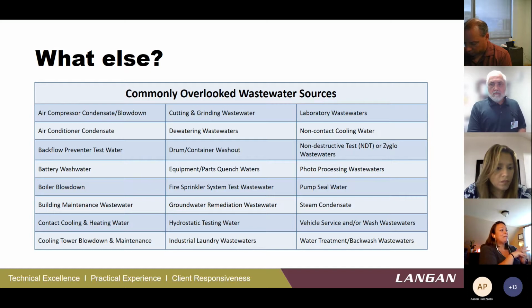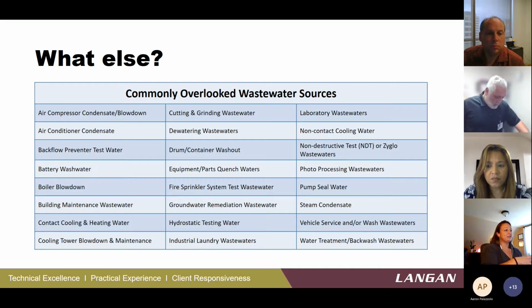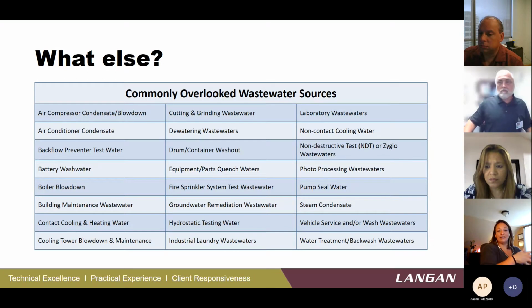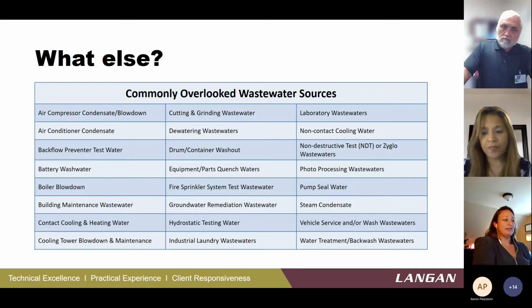So boiler blowdown is on here. Building maintenance wastewater is a really interesting one. This one is essentially, most commonly anyway, mop water. You have a process area, you're manufacturing things, and the floors are cleaned. That wash water will carry the same or similar characteristics as whatever it is that you're making in most cases. So this is another commonly overlooked item because it's just mop water, but it's very similar to processed water in some cases, and it should be considered an industrial source.